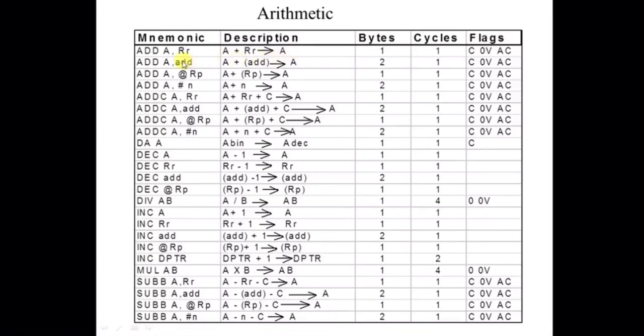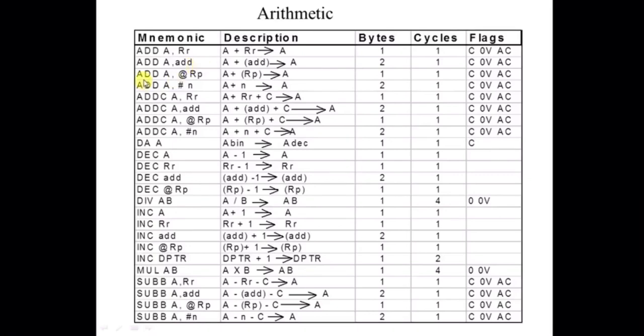In arithmetic operations your accumulator is going to play a major role. Most of the instructions have the accumulator as the destination. And the next instruction, ADD A, add. This instruction allows the addition operation between the accumulator and an address location, that means the RAM locations 00 to 7FH in 8051. This is going to add the accumulator value and the value of the address location, any address location you can use